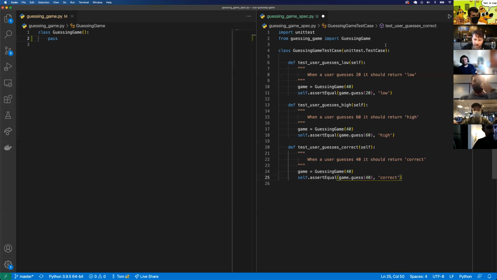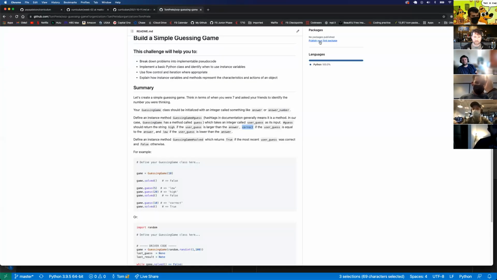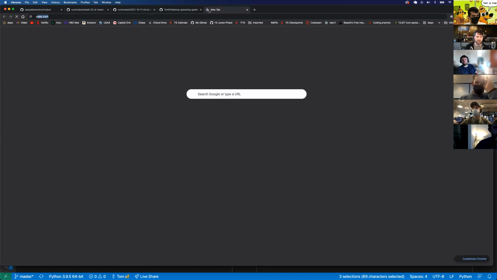So I could streamline this. Notice how there's repeated code on lines 10, 17, and 24. I'm essentially instantiating a new game for each unit test. But if I go to unit test